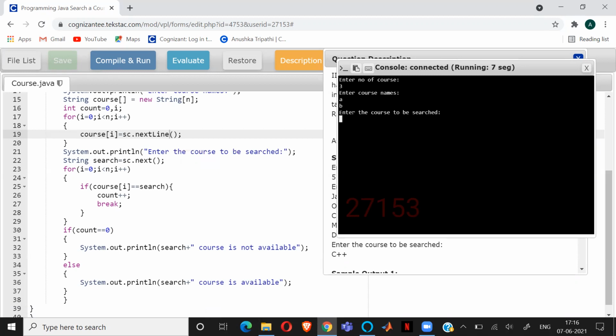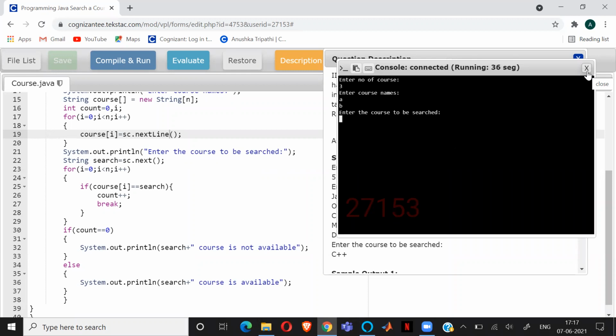ABC. Okay, it's not taking three courses, it's just taking two and four. Because you have written i is less than n, so it will take 0, 1, 2. Why is it not taking n is equal to 3, which you have declared? Yeah, I think it might be an issue of the platform itself, because the code should take it right. i is equal to 0, i should be less than n. So course i: course 0, course 1, course 2.